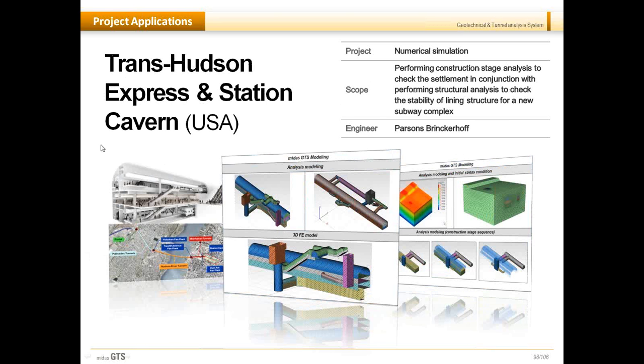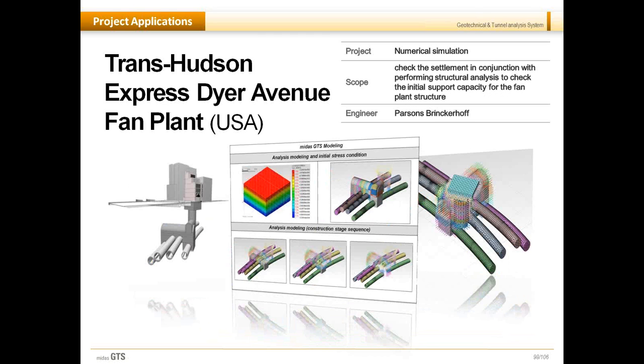The Trans-Hudson Express station, so this is a very complex subway station modeled entirely in 3D. So it was to check the settlement in conjunction with the structural analysis, to check the stability of the lining structures for the subway complex. Trans-Hudson Express Avenue,